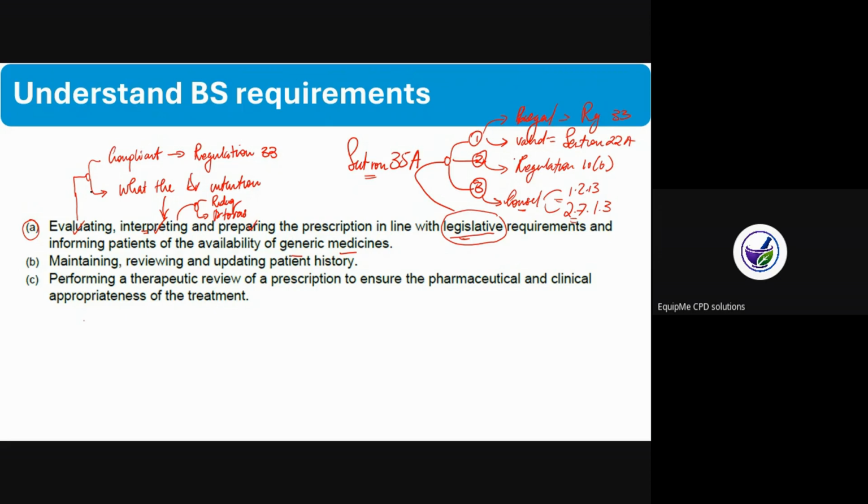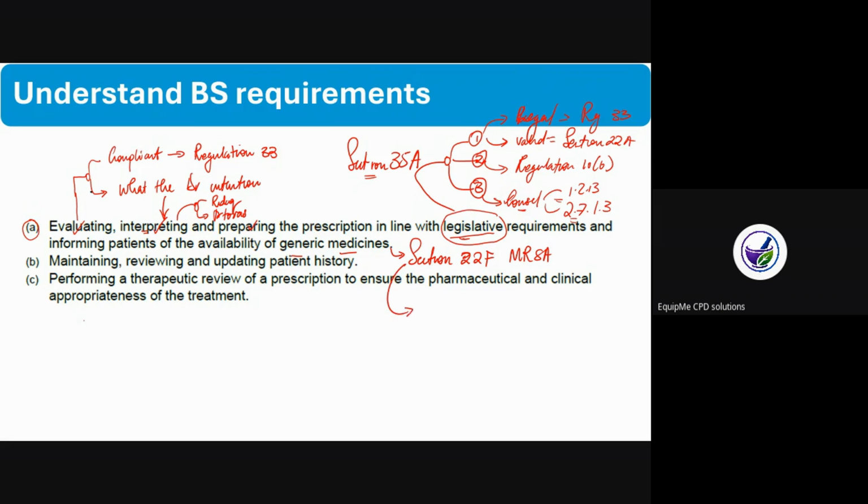And then when you add your evidence, you already understand what was the requirement and how I'm going to fulfill it. Then when it speaks about informing the patient about generic medicine, first of all, understand where it speaks about informing the patient. This speaks about section 22F of the Medicines and Related Substance Control Act. But how do you then provide proof that you did inform the patient? What will you submit to the assessor?